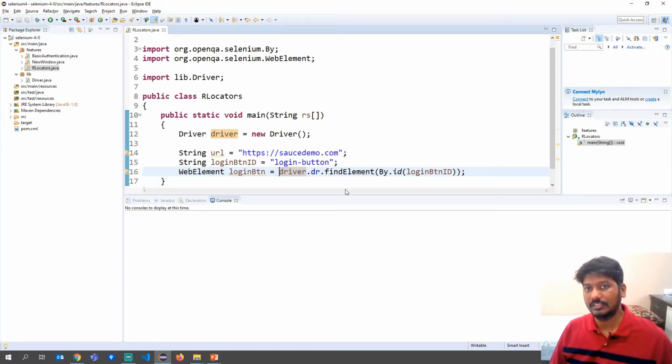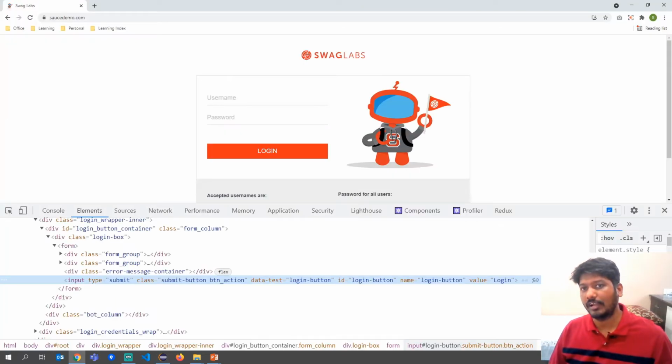Now we will use this element object and find the password object which is present just above the login button, and we will use the same word, dot above. It is more similar to the way we talk, as it appears on the web page.